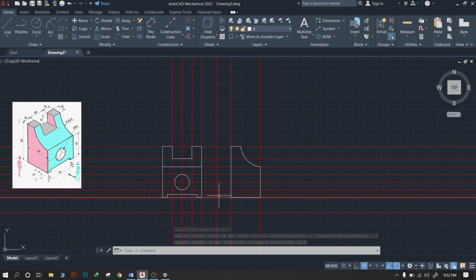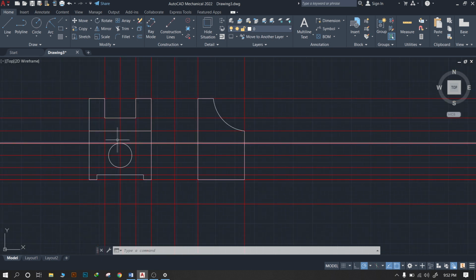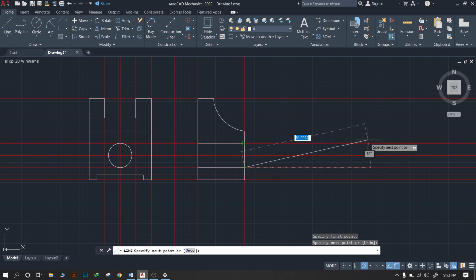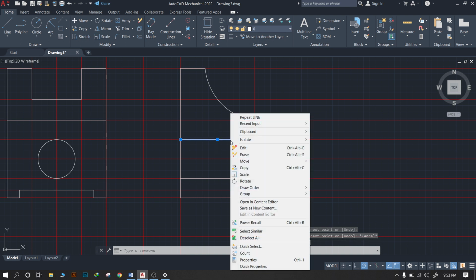The important thing is that again we have the hole in the front view, so it is a through hole. That's why it came in the side view as a dotted line. For that, firstly I will mark a continuous line, and after that we will convert it into a dash line, since there is a hole throughout the object. After drawing this line we right click on it and change the type of the line.